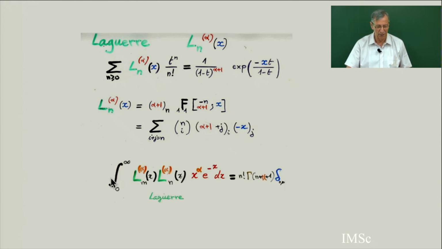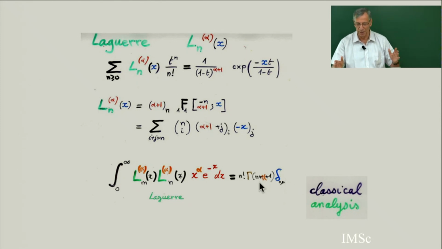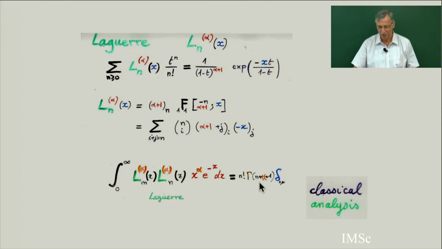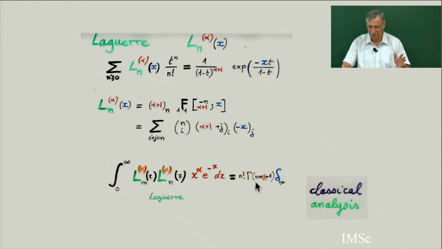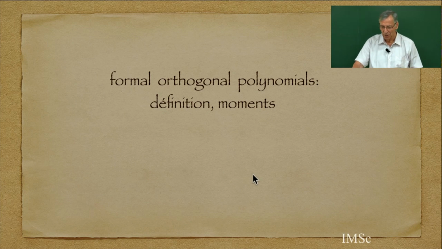And this is the orthogonality relation between Laguerre polynomials. We will not use all this. This is classical analysis. Usually orthogonal polynomials are a big chapter of classical analysis, and for 30 or 40 years, it has been becoming a big chapter of combinatorics, thanks to the PASEP model, where we get inspiration to go very high in the classification of orthogonal polynomials. So I start from the beginning.